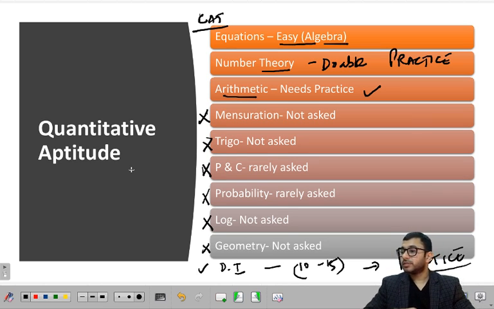Kavleen, how many hours of study do I require? See, it depends upon you. More than 8 hours of study in a day is impossible for any person, and these 8 hours are productive hours. Whatever additional hours you put in are not going to be productive at all. Okay.